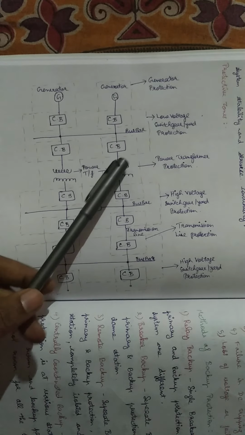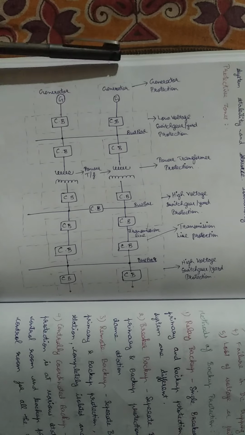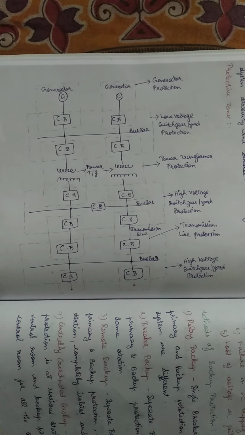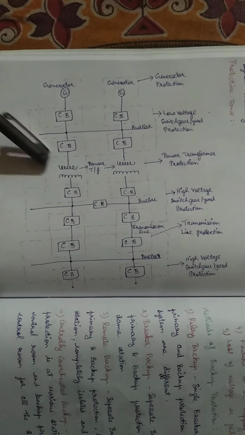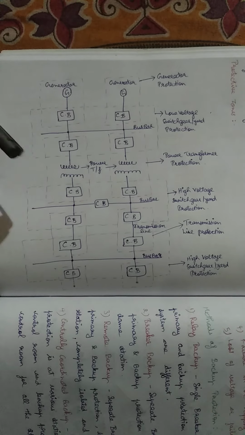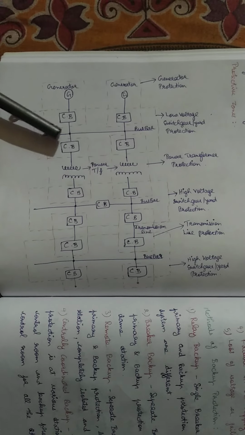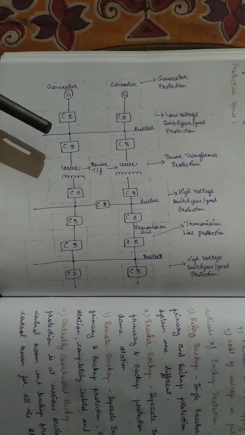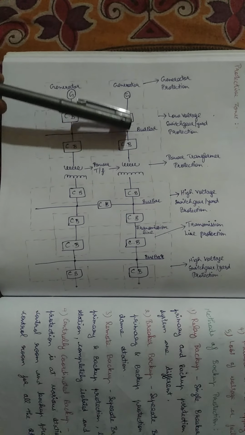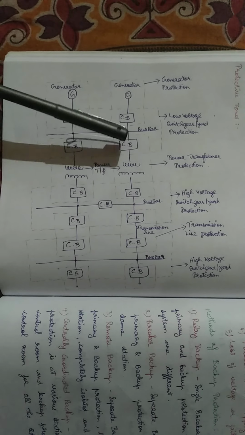In this area we are going to see the basic relays which can be used. For a generator we use generator protection, for which we use generator protection relays. Then for this particular area, the bus bar, we use low voltage switchgear or switchyard bus bar protection. Here there is bus protection, bay protection, and also backup protection. Likewise for this bus bar we can do the same. According to the bus protection, the relays will trip and isolate the faulty area from the healthy area.